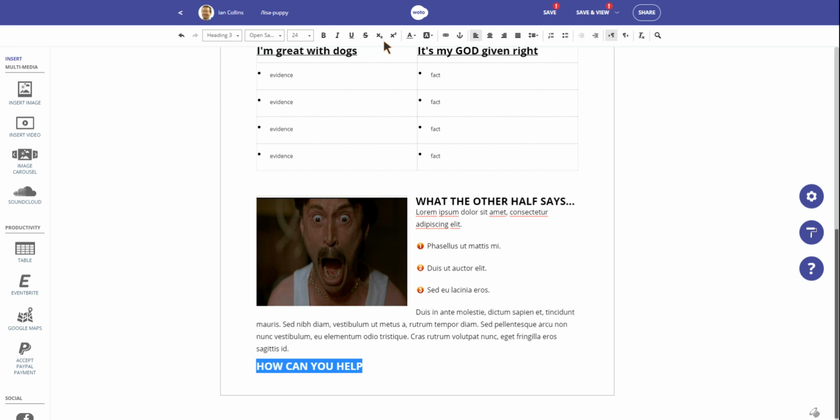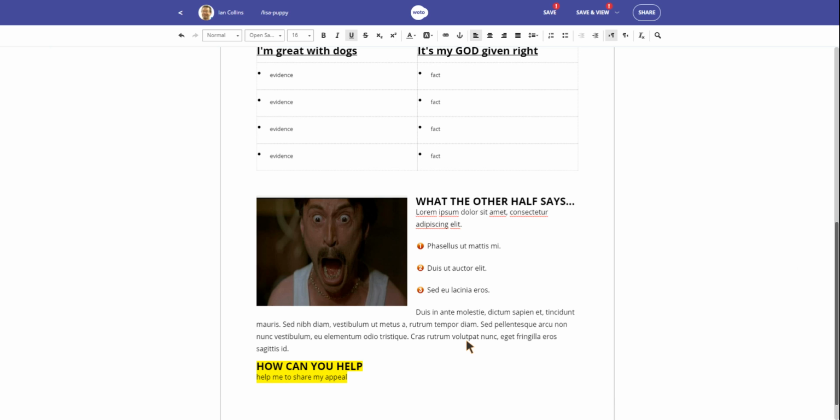Lisa had that one underlined. Let's have it underlined. You might want to highlight that, so that people's attention is drawn to that. And here we had 3 bullets. Help me to share my appeal. Email Rick. So it's taking the font styling as you would in Word. Actually, I should have turned that off or started a new line with the default stuff, but we can fix that. Email Rick at email to tell him